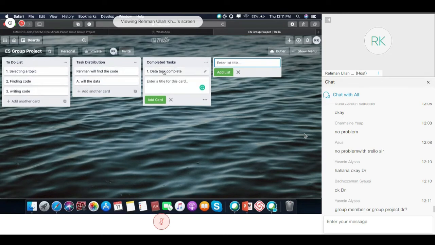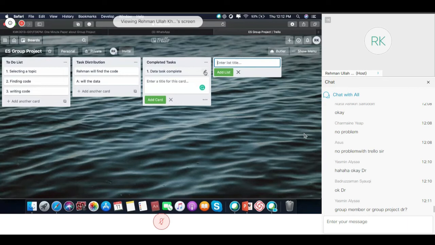For example, here if I want to attach that the data task completed, but how, I want to show how it is completed, or maybe if you want to provide the link that which data you want to use. Then click on the task.